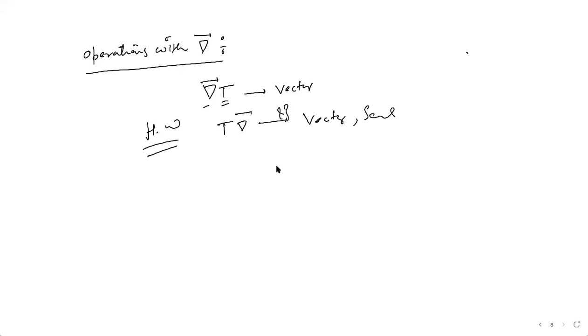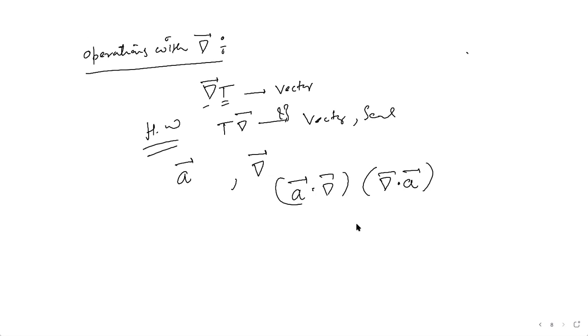right? So these are the two possible ways that you can play with the grad operator when you have a scalar function. But what about when you have a vector function? Let's say I have a vector A and I have a grad, something like this. How can I play with these two things? You can combine something like this, and you can combine something like this, right? There are only two ways, at least in the form of dot products, that you can combine these two things. So what will this stand for, and what will this stand for? Can someone comment on that?